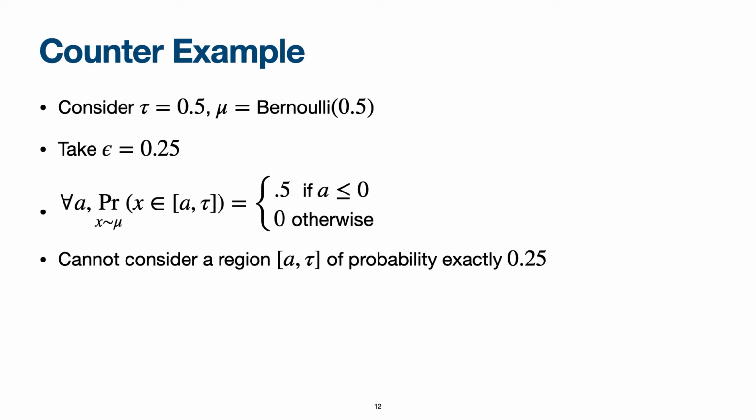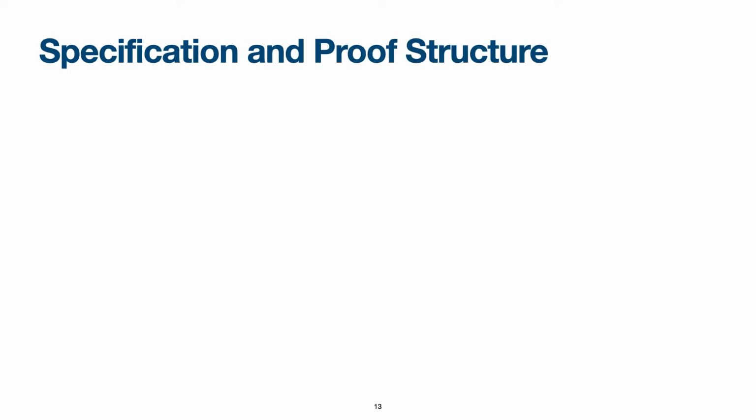Now, interestingly, by using the proof assistant, we can prove that decision stumps are PAC learnable in very much the same way that we would do in a textbook, without being encumbered by these technical details, and all the while making sure that all of the proof is precise. And in fact, making sure that we avoid this counterexample in the proof is what turned out to be the most difficult. So let me just give a very high-level description of what the proof looks like and how we structured it.